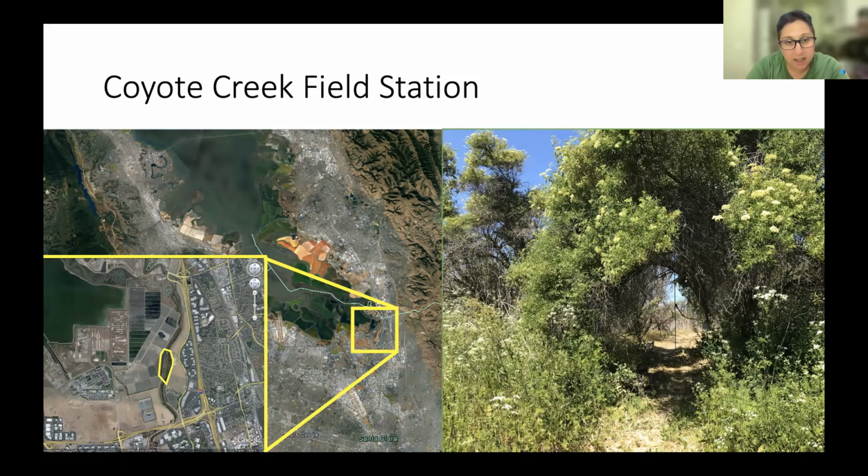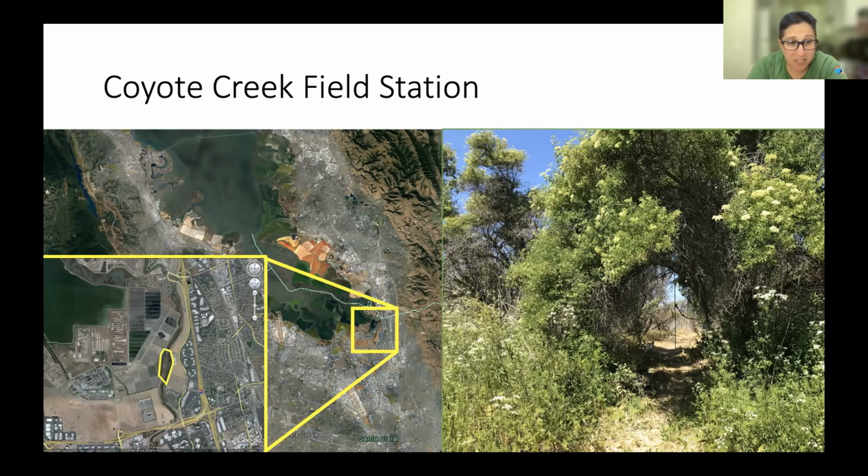So you can see on the left, there's a big map. You can orient yourself with the salt ponds there, those bright orange salt ponds, and then you can go down to the more greenish salt ponds. And then there we are in the little inset map. And we are that funny little polygon that is right on a little strip of green, otherwise in a very